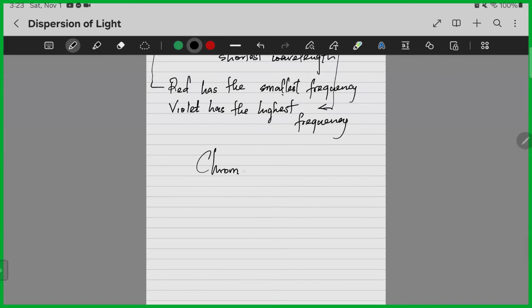Chromatic, no, let me talk about some things before that. Okay. So let's see. You can see with hydrogen light,